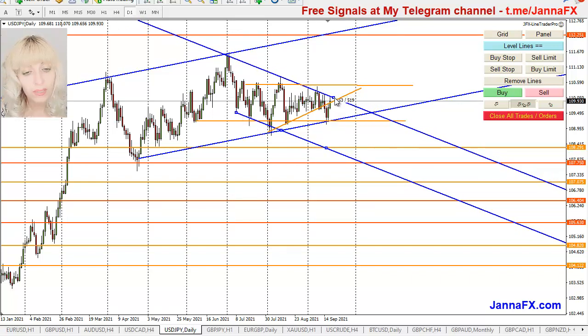We still have enough room to move it, but now it's quite on the edge. That's why it might start to break out here and then finally break this. I think it might have that big move. But again, don't forget about the spikes, and at the same time it will sit in here. It's still inside those levels without breaking. But if it breaks that, it's probably going to have a nice move down, okay?